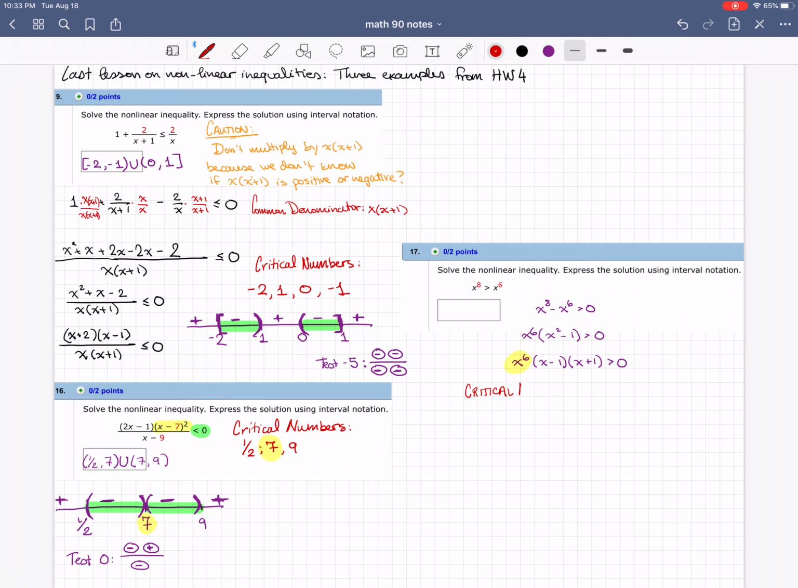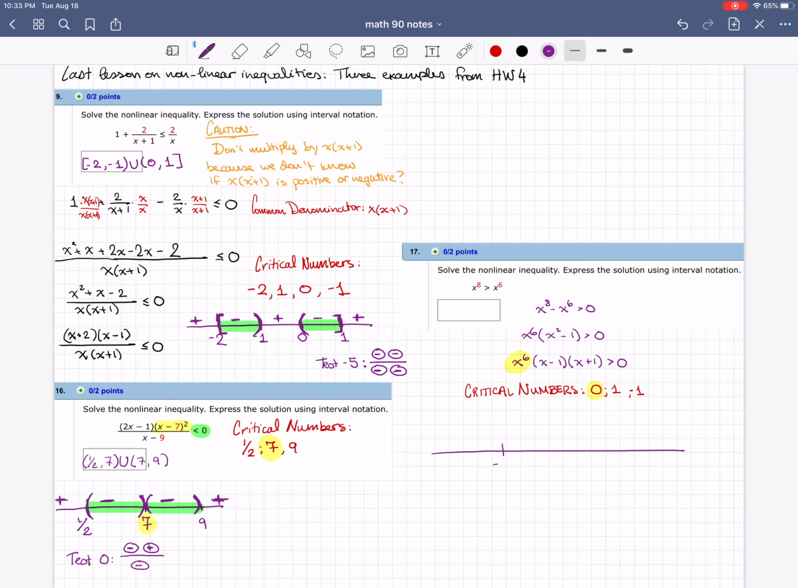The critical numbers here, looking factor by factor: x to the 6th is 0 when x is 0. x minus 1 is 0 at 1. x plus 1 is 0 at negative 1. So we have 3 critical numbers here, and one of them came from a non-negative factor, namely 0. So when we go to draw the sign chart,